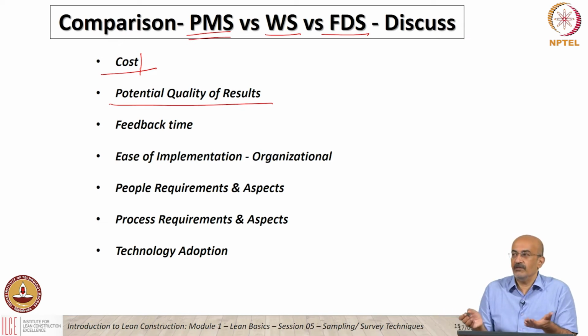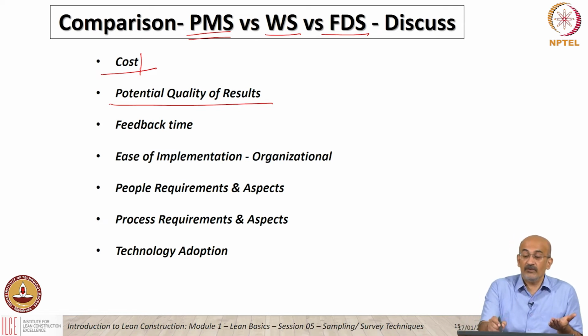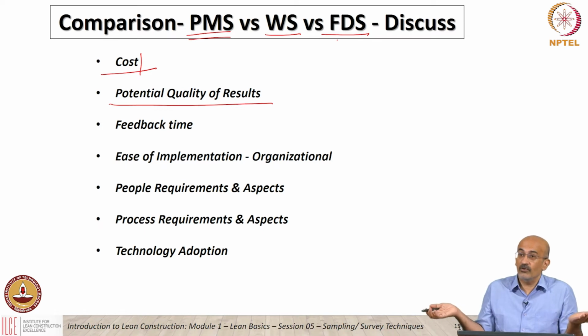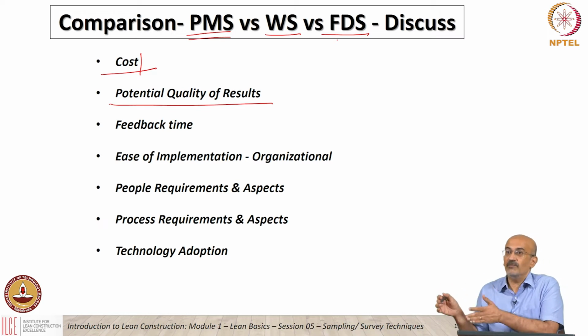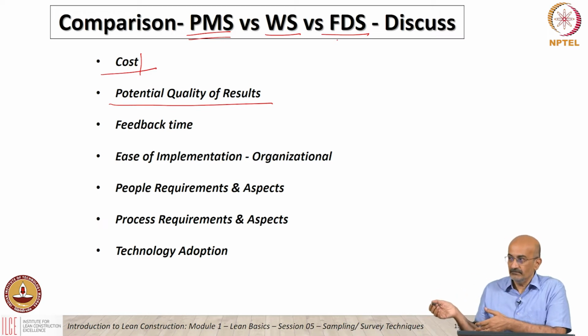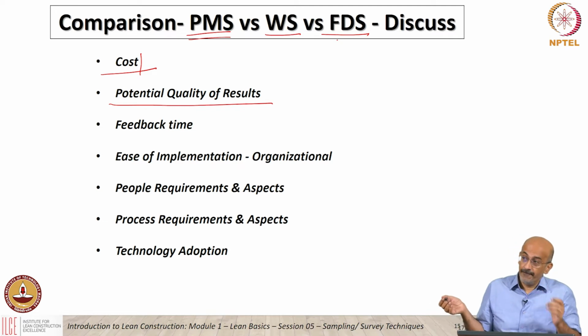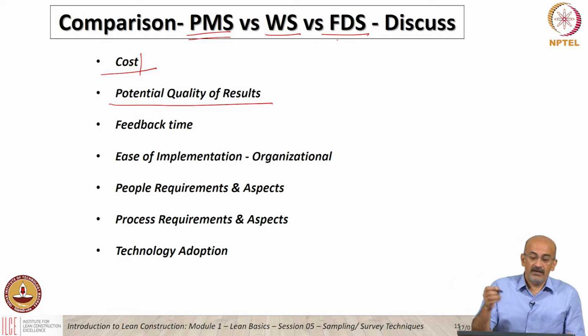So which of these do you think is the least cost to implement? Ultimately, work sampling. Yes. Least cost would be the Foreman delay survey, because there's no additional resource other than the person who's already helping you with productivity improvement. But work sampling is normally done by a team of people. Okay. So you need a team to do the work sampling. That again gives only snapshots. It only gives snapshots, whereas the FDS gives you more digital results. But then if I look at